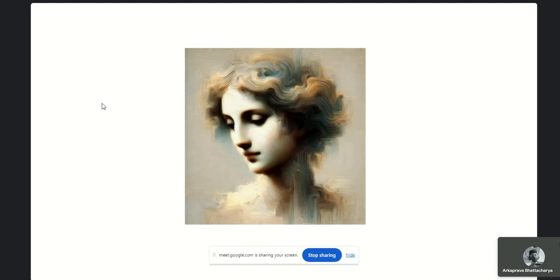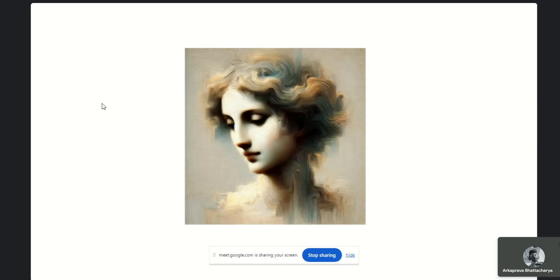This virtual try-on technology has been possible because of GANs, or generative adversarial networks. We must have also used Snapchat, where we use different filters and put horns on our heads or goggles on our eyes. All these things have been possible because of generative adversarial networks, which we also call GANs